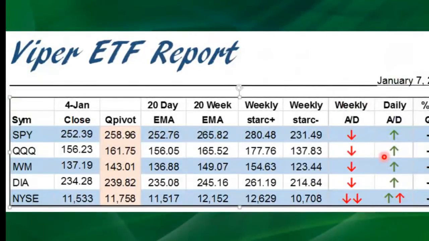So this table is out there, as of January 7th, 5 of the 6 daily AD lines were positive. 1 was negative. That was the stocks only. This arrow should be pointing downward, but it's still red, so that's the one part of it. All of the weekly AD lines at that point in time were negative. We were trading at